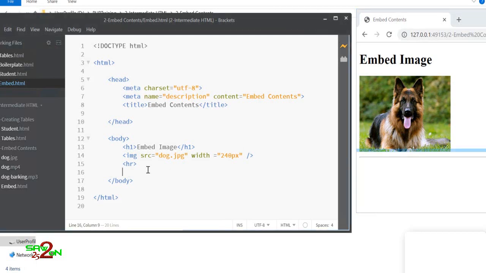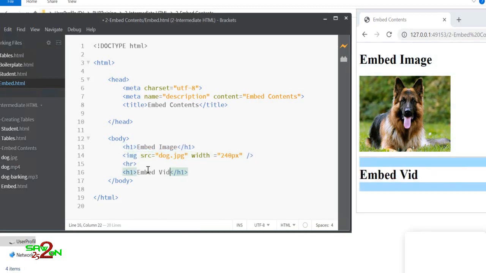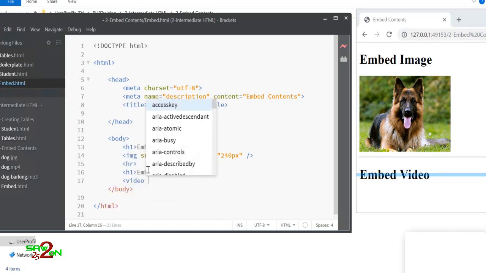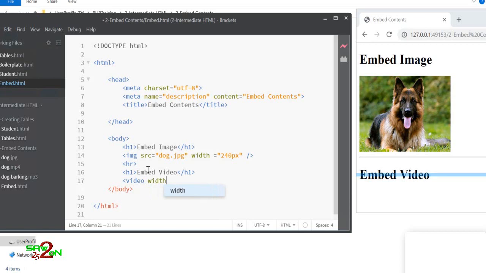Let's look at how to embed a video. You have a video tag for this, and video has a width. You can mention the width of your video, and then the height of the video. I'm going to say 240, and then you can mention what controls you want.